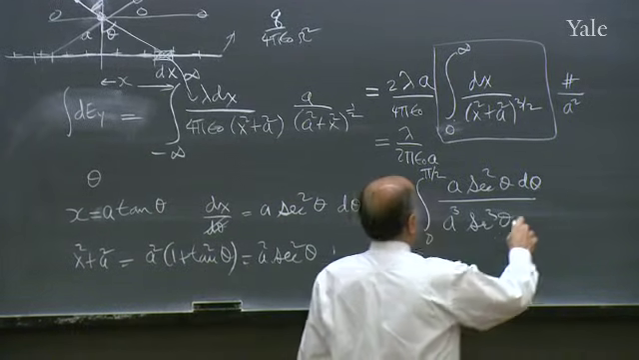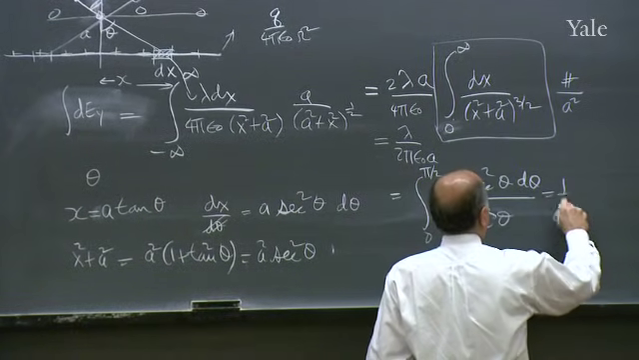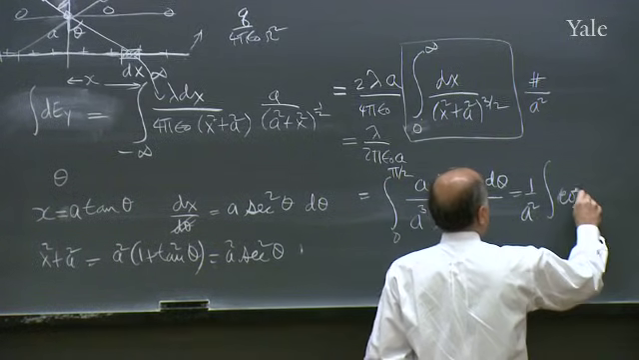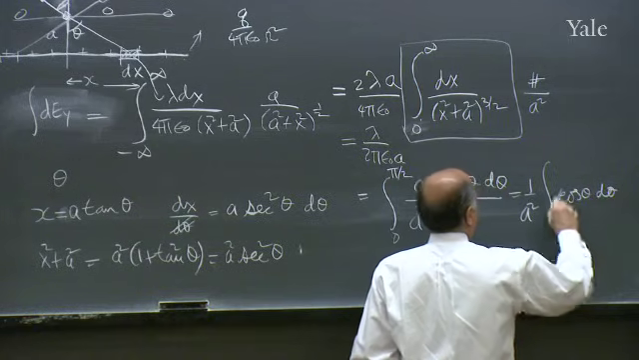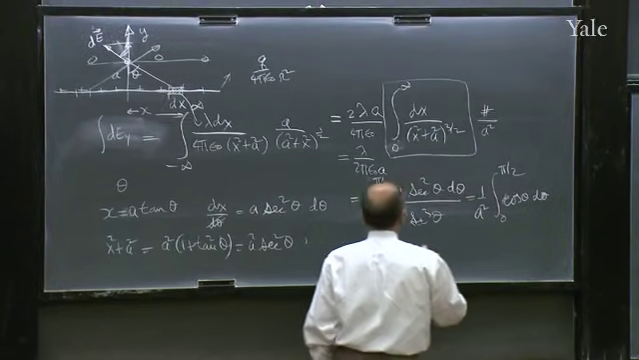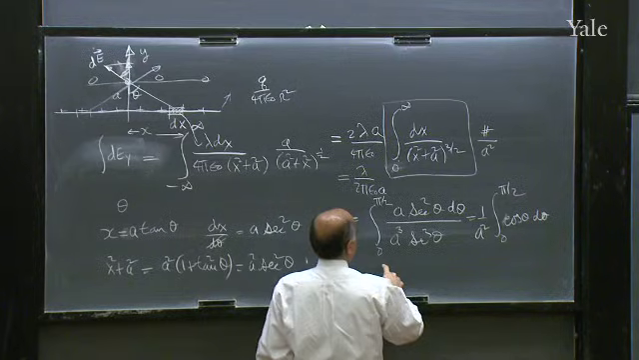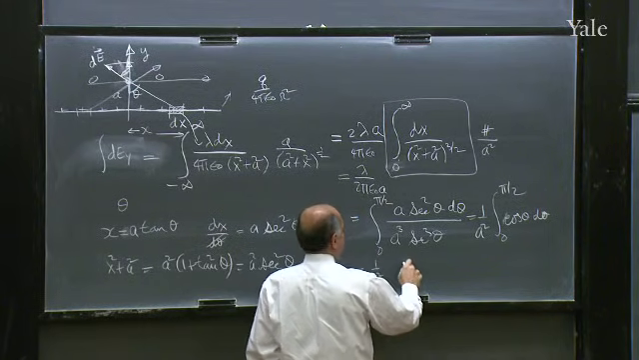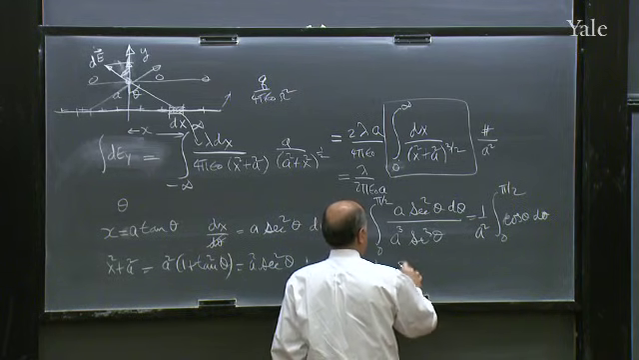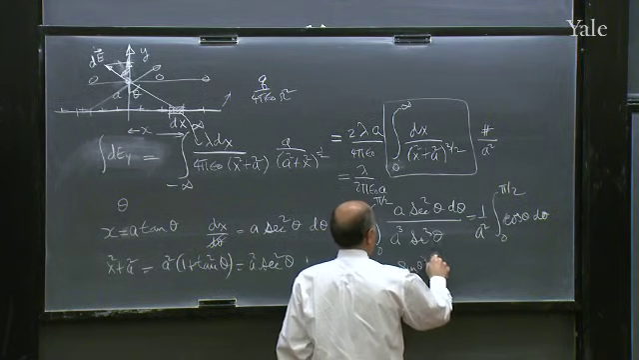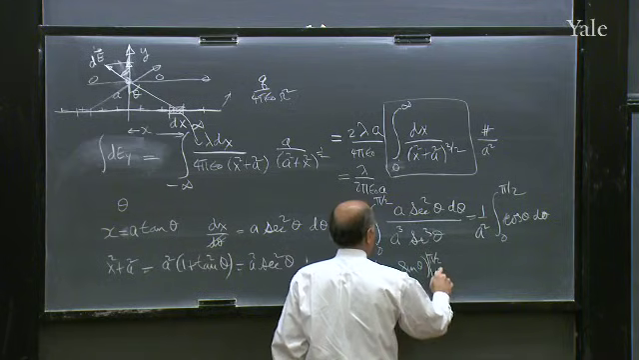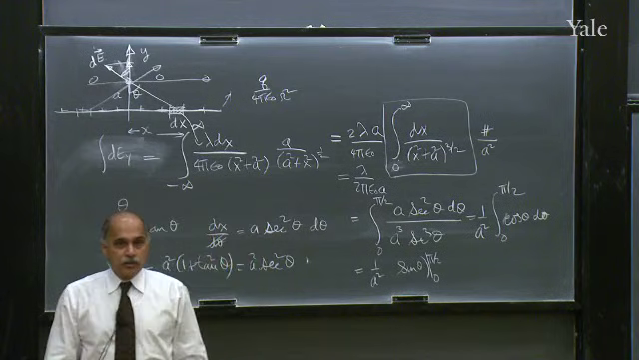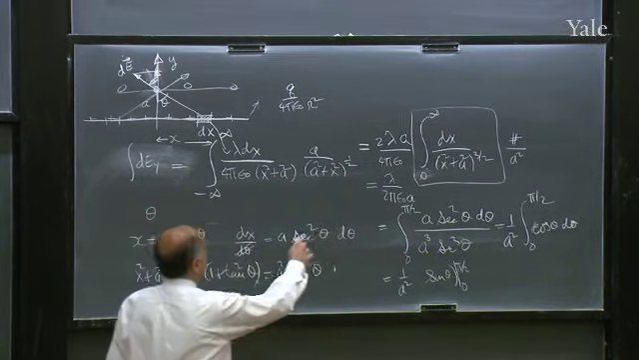So what do we get? You can see, as promised, I get a 1 over a squared, and I get the integral of 1 over secant theta, which is cosine theta, d theta, from 0 to pi over 2. And the integral of cosine is sine theta, from 0 to pi over 2. That just happens to be 1. So the final answer is what I gave you here,